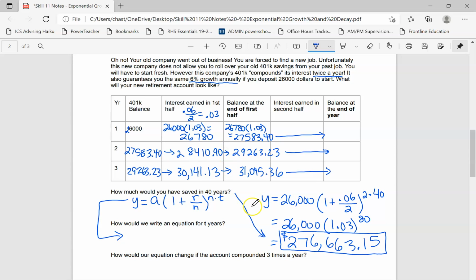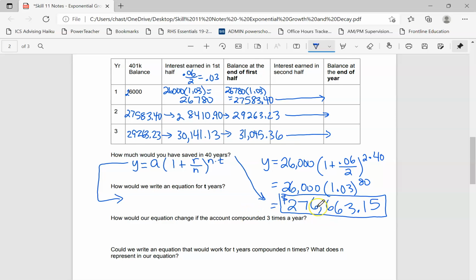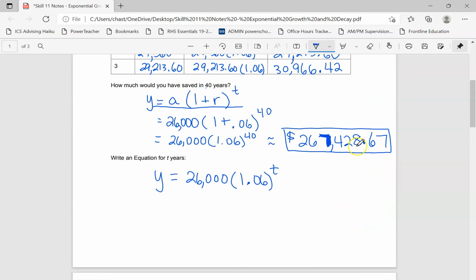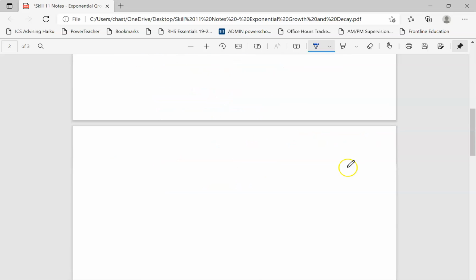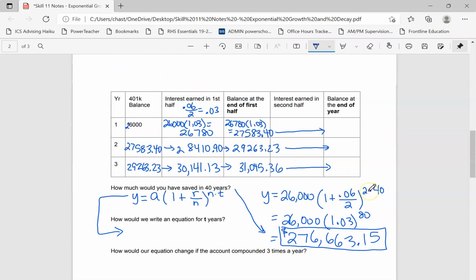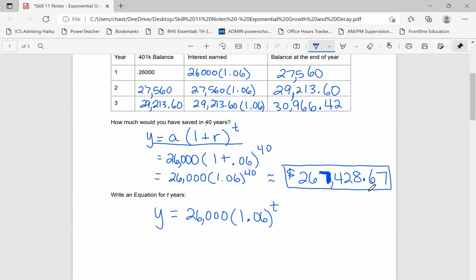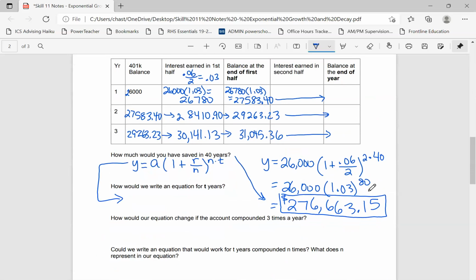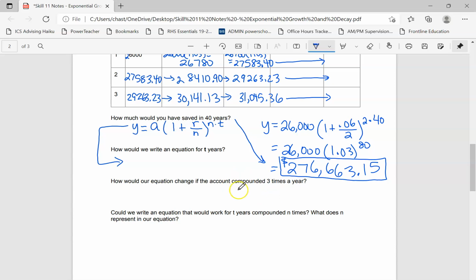Okay, so when we look at that, compare that to what we had up here, it was 267,000. Now it's 276,000. So we're looking at almost a $10,000 jump just by compounding twice a year. What would happen if we did this 3 times a year? So my n would now become 3, so I'd have,